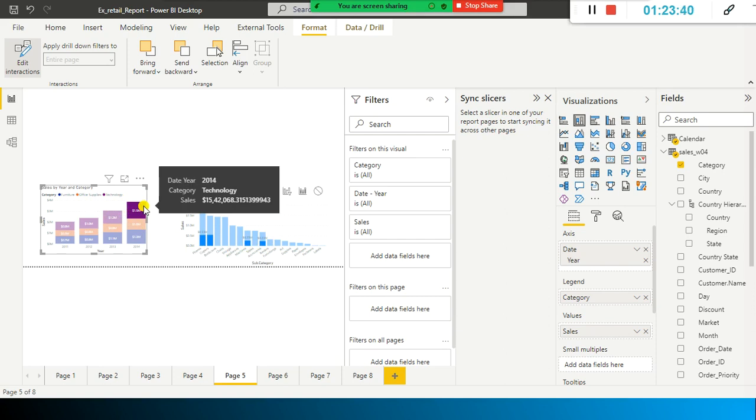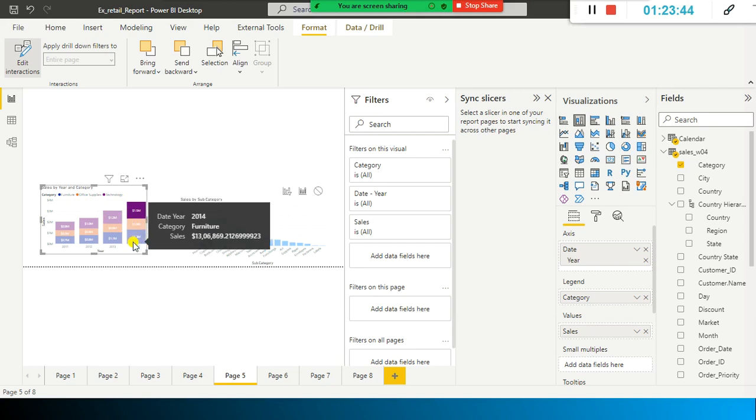This is more technology, right? And 2014 technology, and the second one is office supplies, and the third one is furniture. If I select furniture, it displays the subcategories that are relevant to this one, and again if I select this one, look here. So, 3 icons.